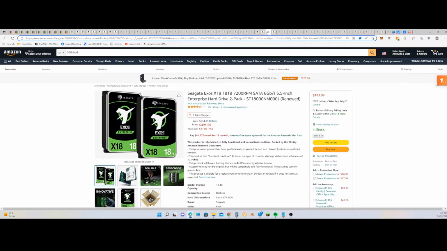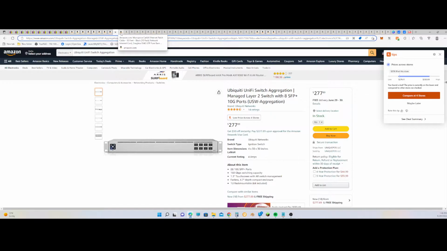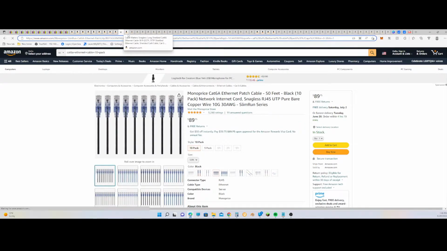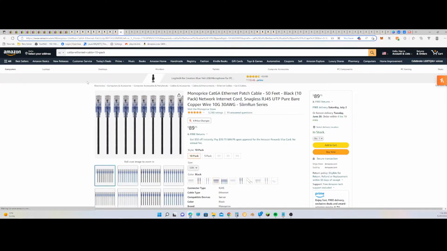Actually, I have doubled, so I got 4 in case some die. You can also put it in the other ones in case they die too, so you can have more storage in the other one. And those 2 R720XDs, and then